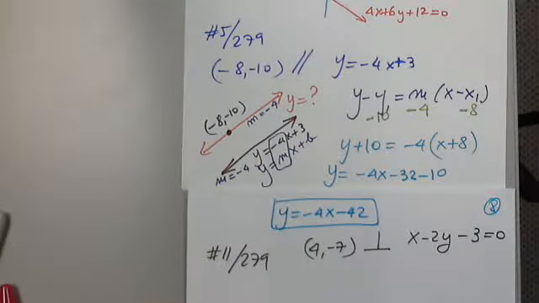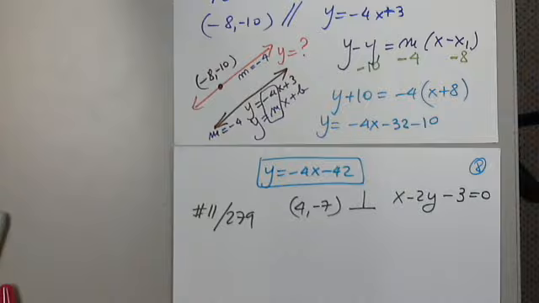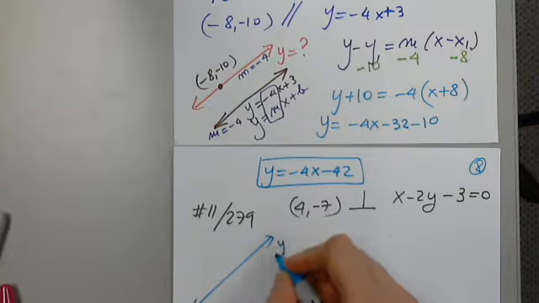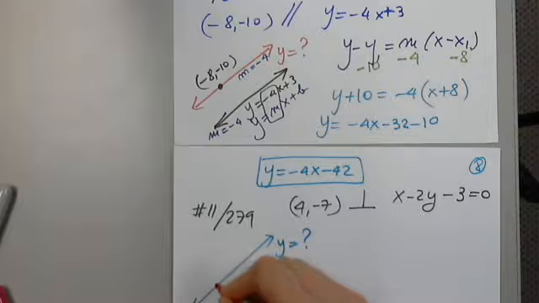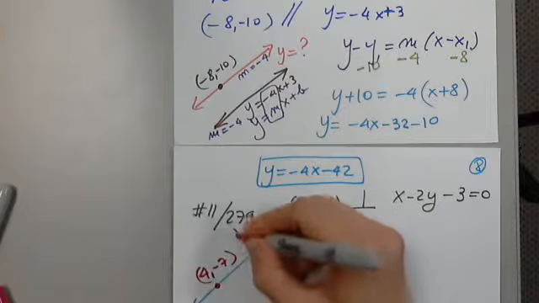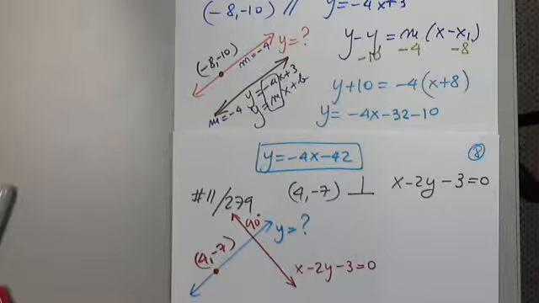So here's the scenario. Just the idea, nothing exact. I'm not graphing anything exact. So here is an equation I would like to determine, and I know two things about this line. It passes through the point 4, -7 and is perpendicular, at 90-degree angles, to the line whose equation is this. Very similar to the previous case. However,